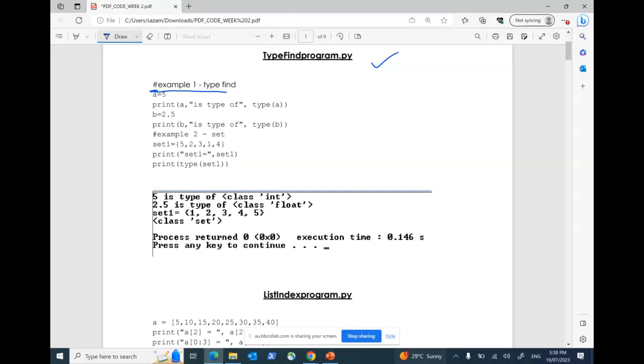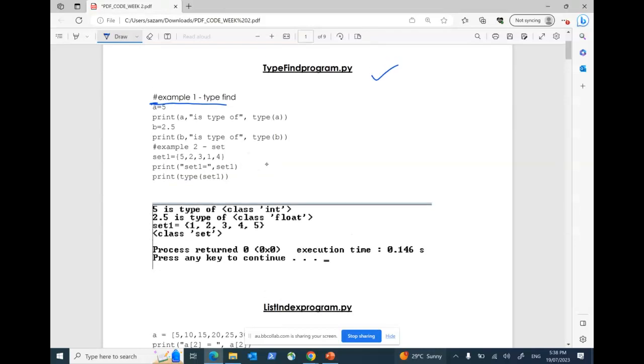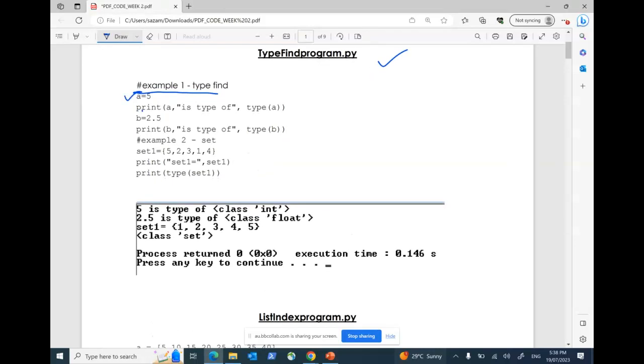So the first thing is hash, and hash allows us to create a comment, and the first line is a comment. So Python will not execute that particular line. Rather, it will take it as a comment for you. I have defined a variable called a equals 5. That's the first variable. Then I said print a